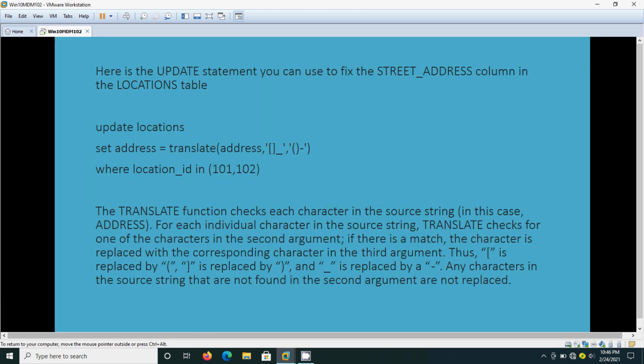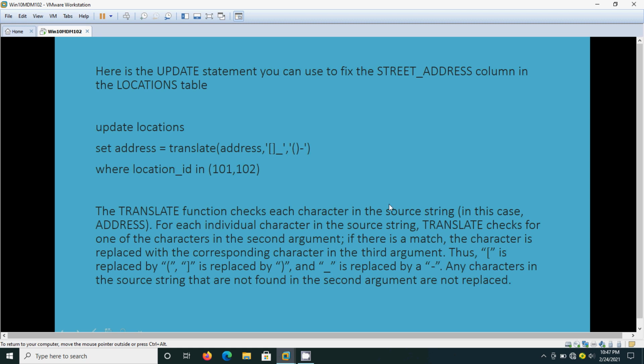If there is a match, the character is replaced with the corresponding character in the third argument.